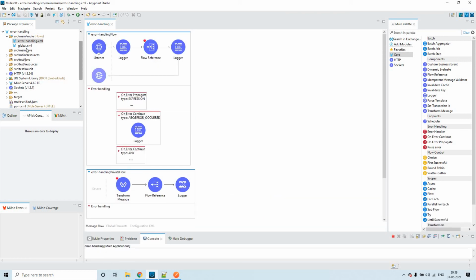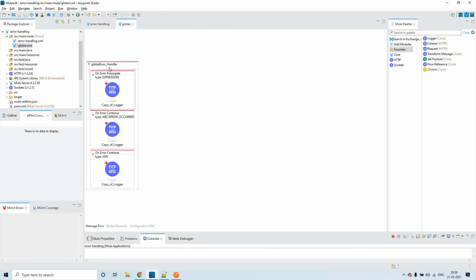Okay, so we have seen what the use of the global error handler is, and also how to make an error handler a global error handler.